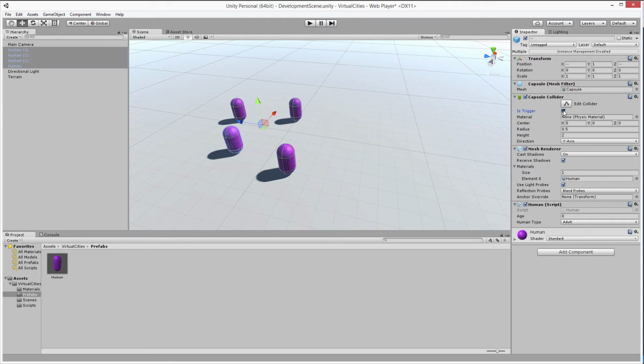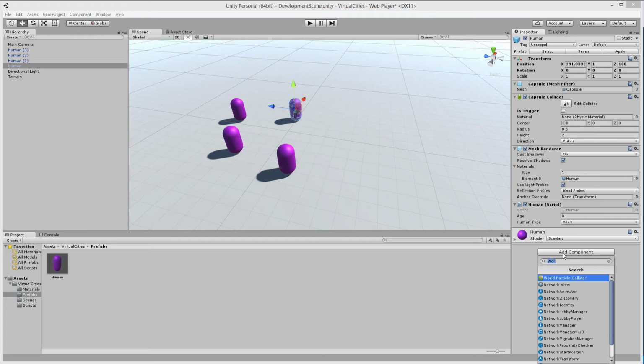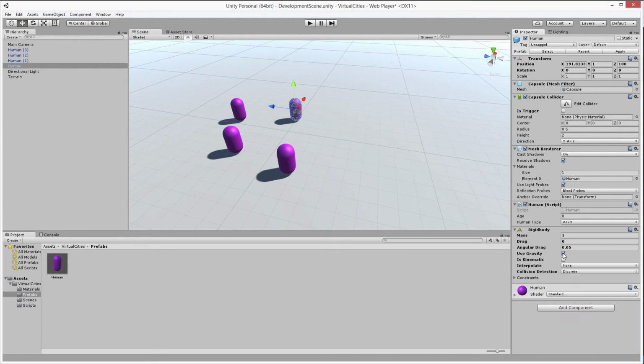I'm actually going to go ahead and turn that off. We can also interact with the prefabs by changing just one of them. So inside of here, if I add a rigid body component, and then move that up,